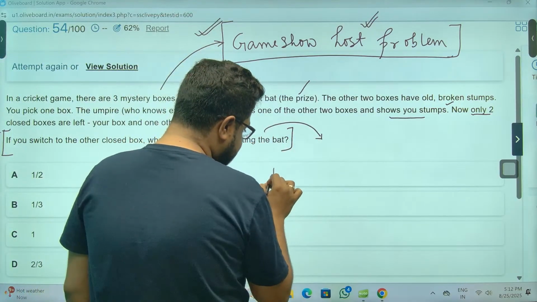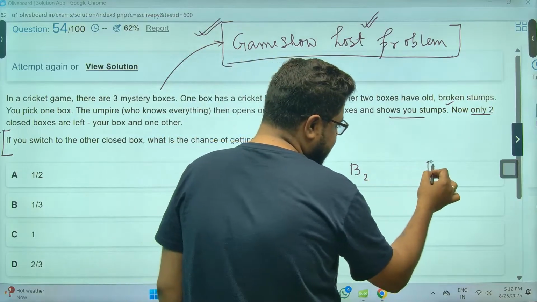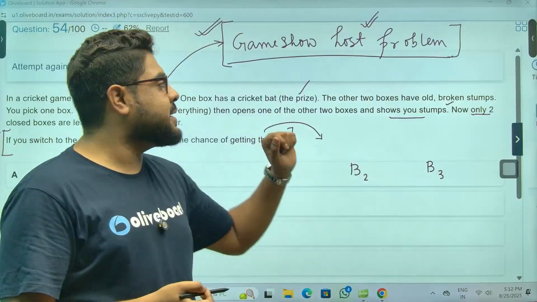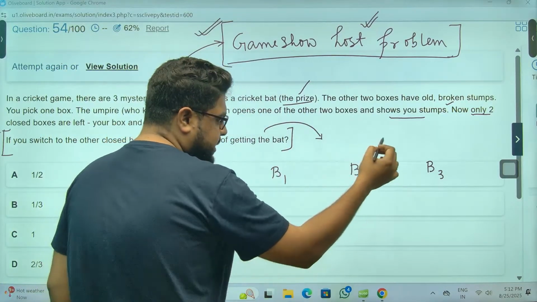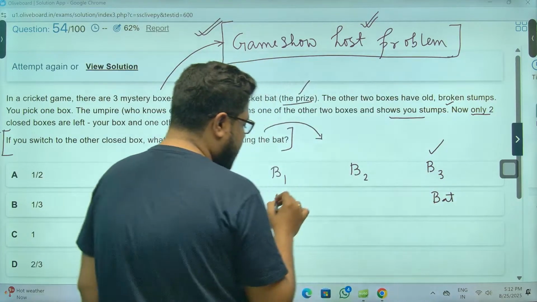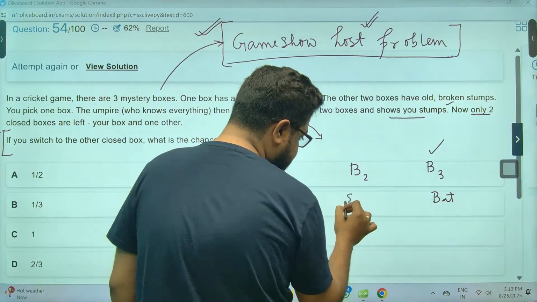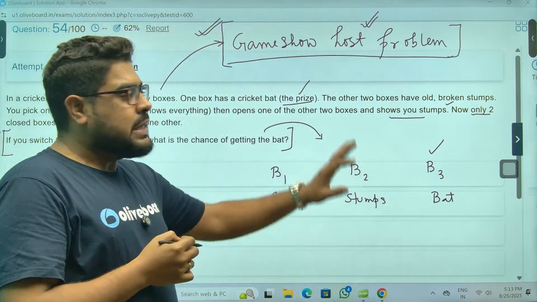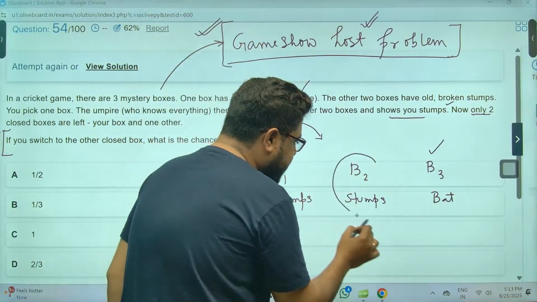Sir, there are 3 boxes. Box number 1, box number 2, box number 3. Inside these boxes, there is a prize. Let's say box number 3 has the prize, that is the bat, and the other 2 boxes have stumps, which are not the prize. Broken stumps. Okay. Now, the umpire, the game show host, has shown you,